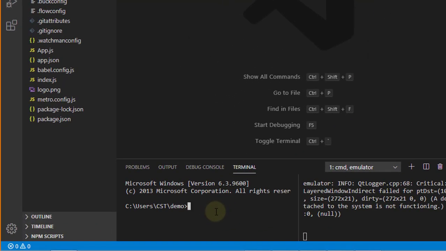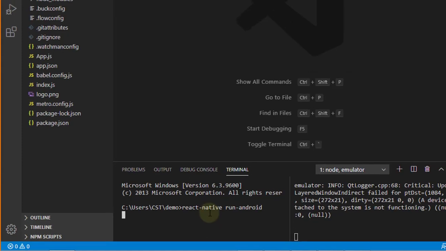Now we have to run our demo app: react-native run-android and press the enter key.